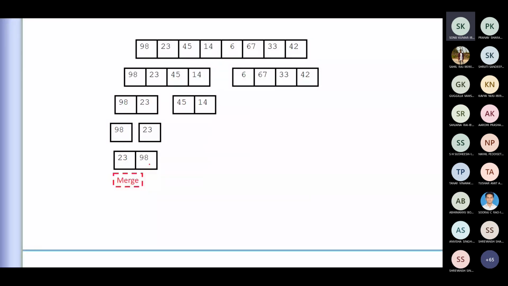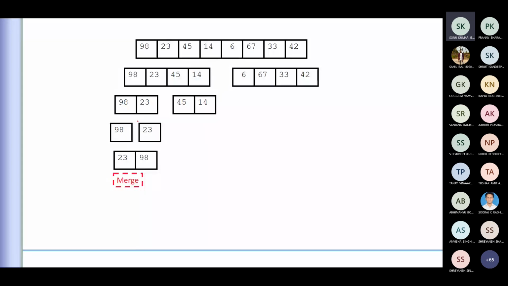So the initial part is just dividing, and we are not focusing on comparison there. That is the main difference. In bubble sort or insertion sort, we start with the second element and compare whether it is greater or less than the other. Here we are not focusing on that. We divide our problem into the smallest pieces, start comparing at that point, and merge and arrange them accordingly. So this will be faster.